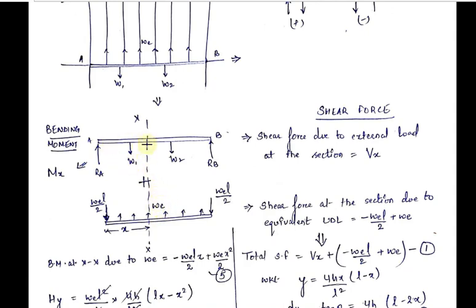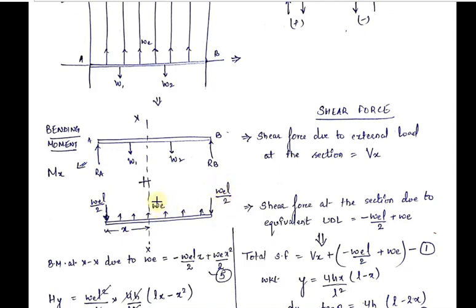Now, if you see the first part, in which the girder is only subjected to the external loads, these loads are acting in the downward direction. And if the loads are acting in the downward direction, the reactions will be in the upward direction. So suppose the support reactions are Ra and Rb. In the second part, the equivalent UDL WE is acting in the upward direction. Therefore, the support reactions due to this WE will act in the downward direction. Now the support reactions will be equal to WEL by 2 because this UDL is acting uniformly throughout the span. Therefore, the reactions will be half of the total load.